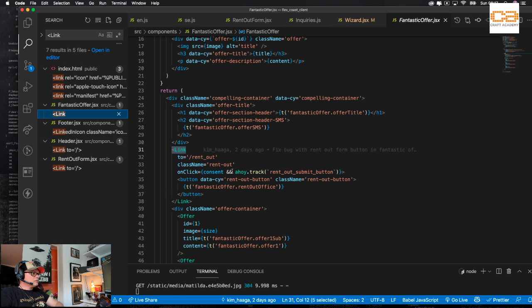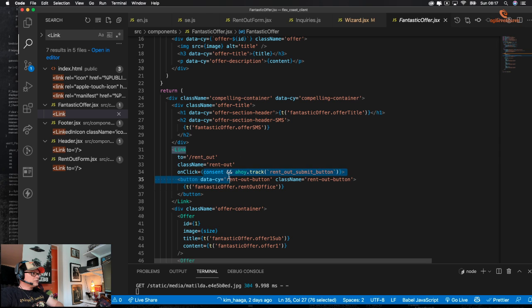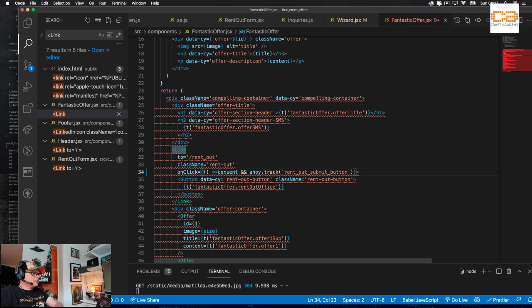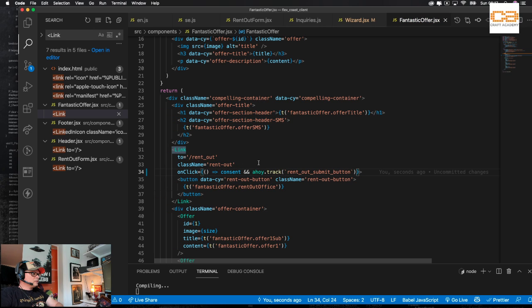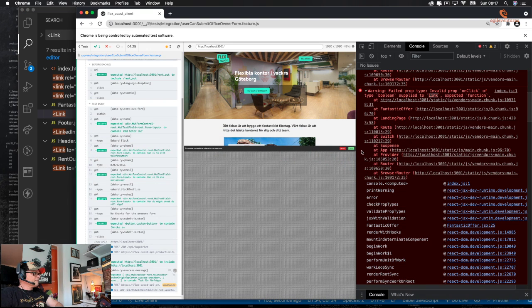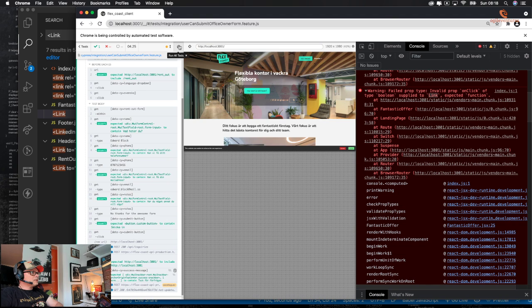Okay, so this is the thing. It doesn't want that to happen. So what if I just do a function on that? I could do that, I guess. Would that silence that warning?